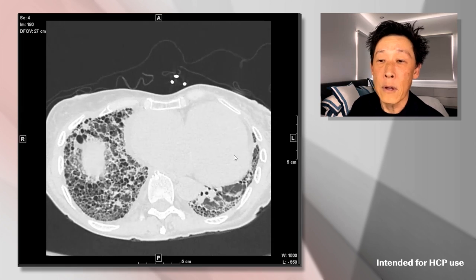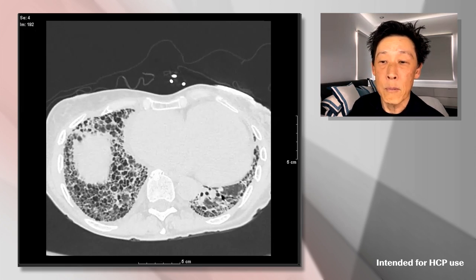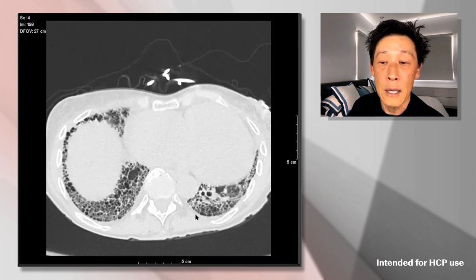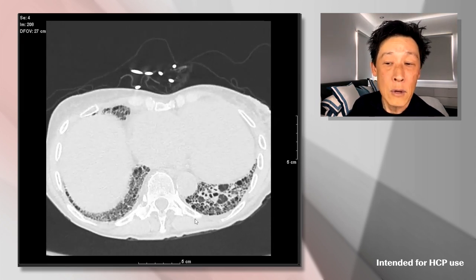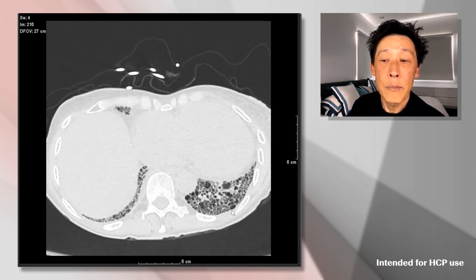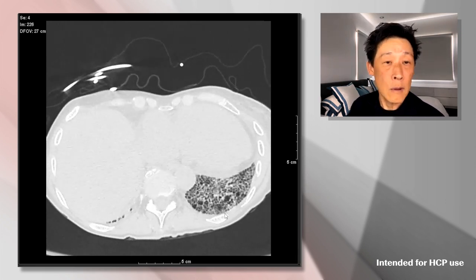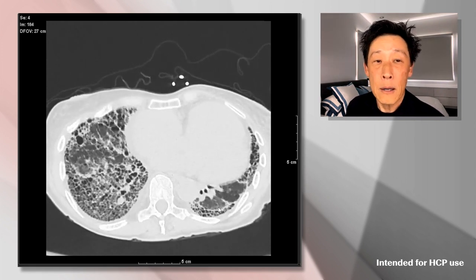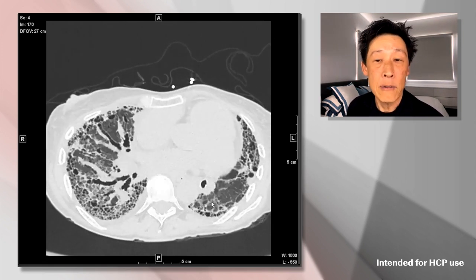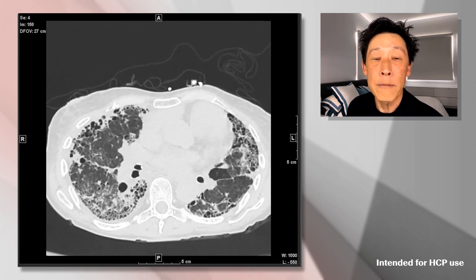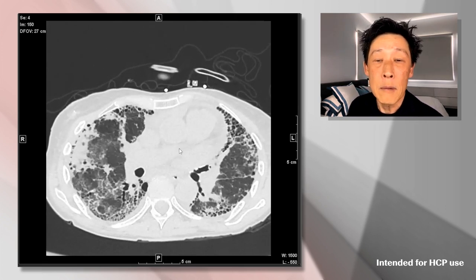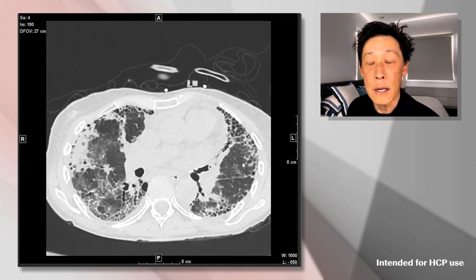And on the left, although the heart here is pushing on the lung and we don't see as much of the left lower lobe and lingula, we can again see reticulation, honeycombing, and some traction bronchiectasis and bronchiolectasis. So the hallmark of UIP on HRCT is to identify honeycombing, or the presence of honeycombs. And to some degree, you'll certainly have reticulation and traction bronchiectasis and bronchiolectasis.